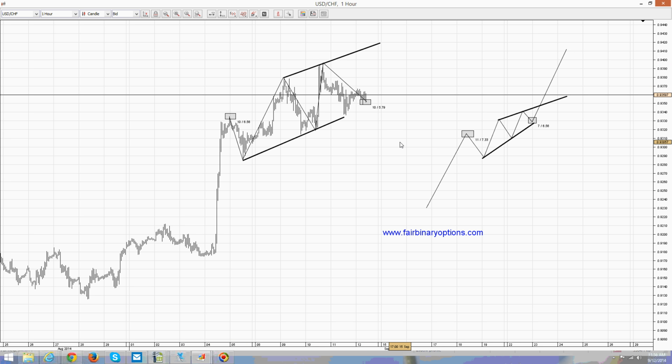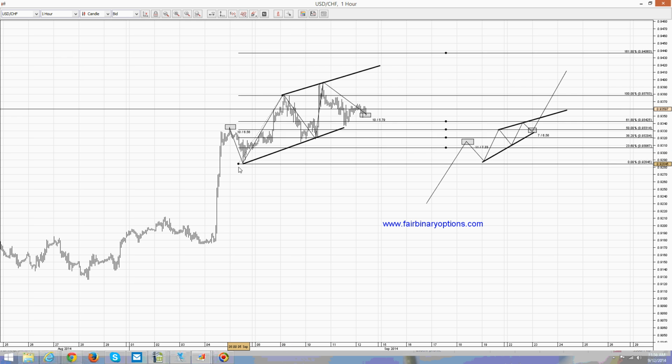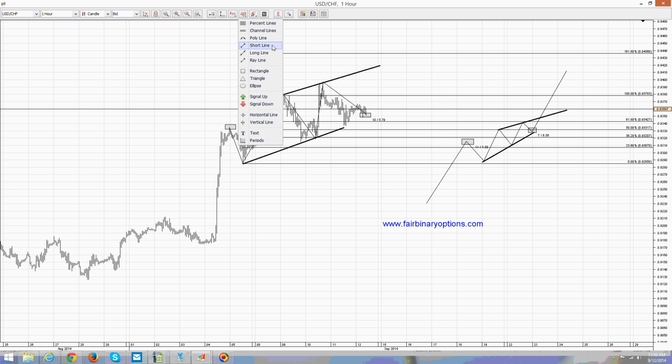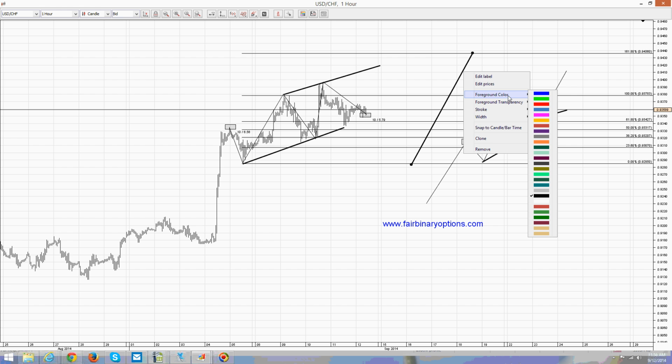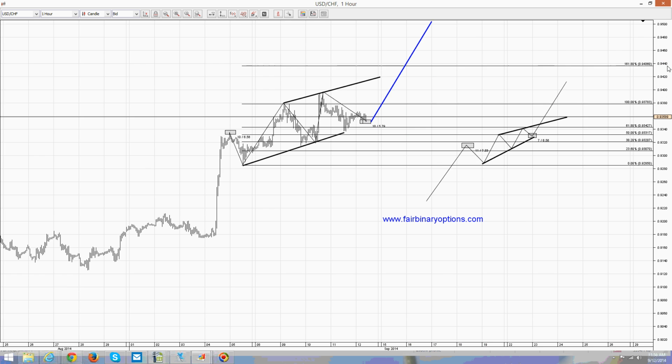You might say, alright, so what if we have a running variation? Well, this kind of triangle comes with a measurement because the thrust of it is minimum 161.8 when compared with the longest wave of the triangle. And in our case, the longest leg of the triangle is the B wave, and minimum 161.8 should be traveled. If you take a Fibonacci tool and look at the 161.8, put it at the moment that the triangle actually breaks, or is completed, that means probably around here, and you have a target of